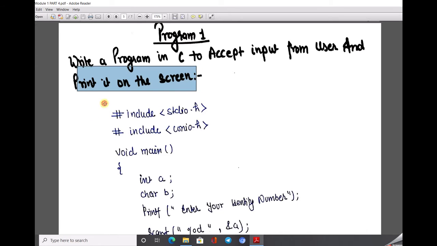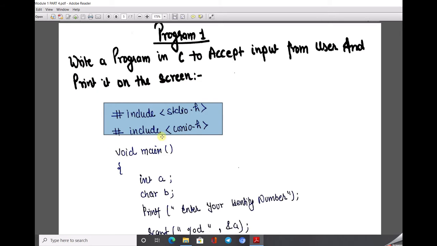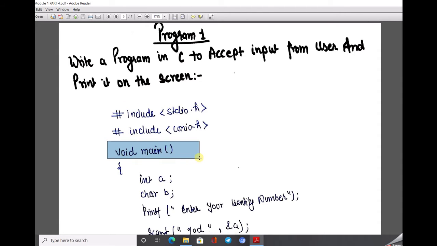So first of all, we have to mention the preprocessor directives. Here no global variable declaration is done, because the global variable declaration is just a choice, not a compulsory portion, but this is compulsory. Next we go through the void main portion.